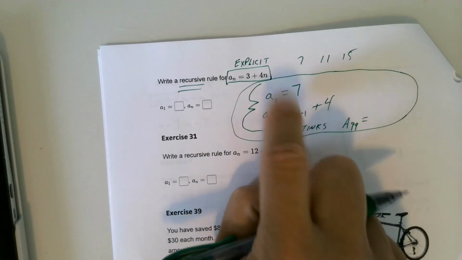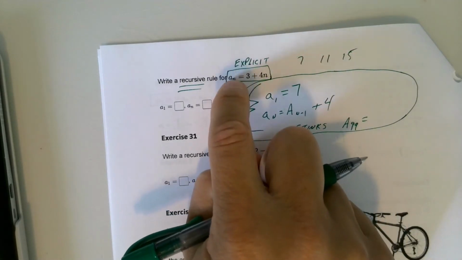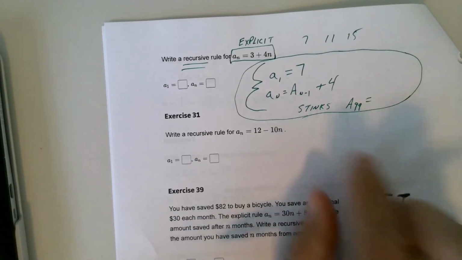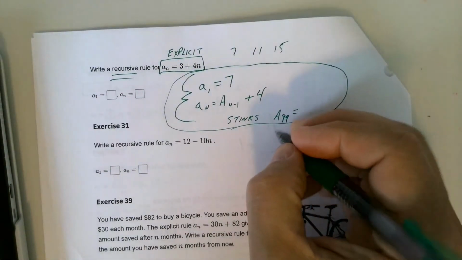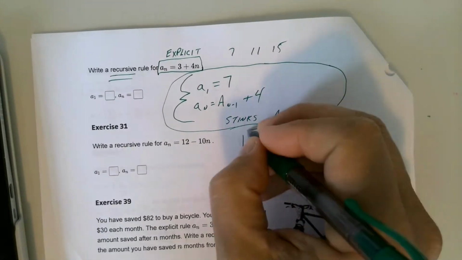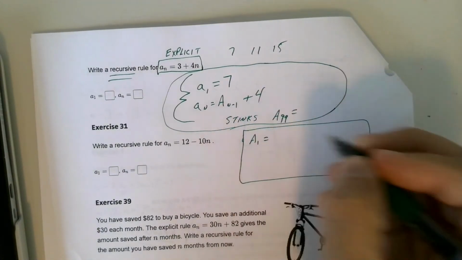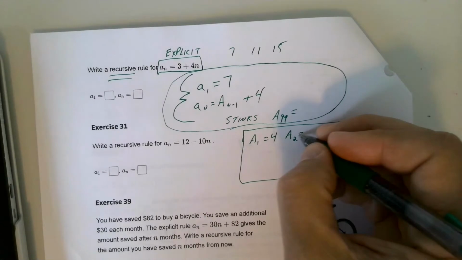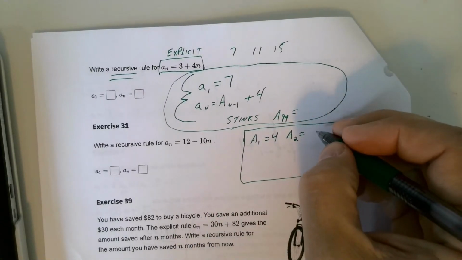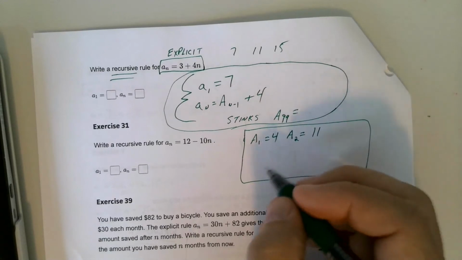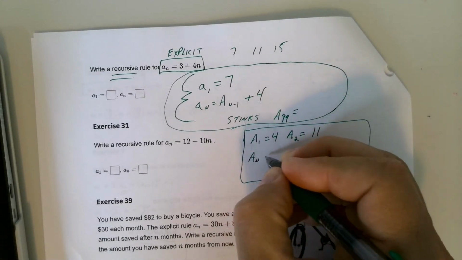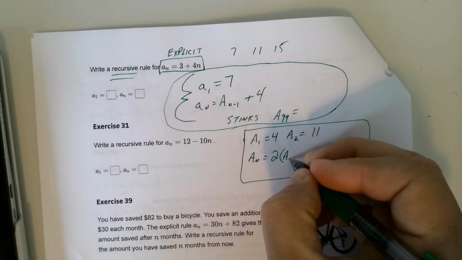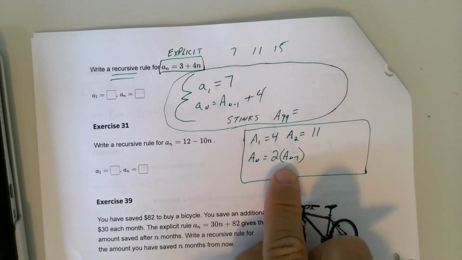But we can generate sequences that we can't generate this way through a recursive scenario. And there's other ones that we haven't done on here. Let me show you one of those. Let's say that I had this. Here's a brand new recursive formula. And I could say that a sub 1 equals 4 and a sub 2 equals, where I'm going to give you two of these things, 4 and then 11. I'm going to start them that way. And then a sub n equals 2 times the quantity a sub n minus 1, which is the previous term,